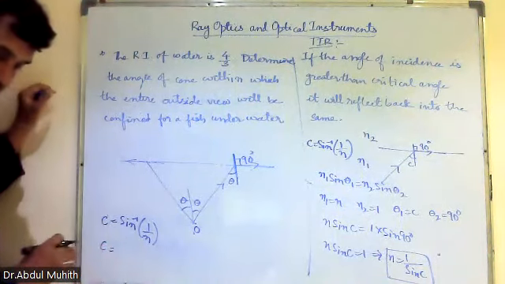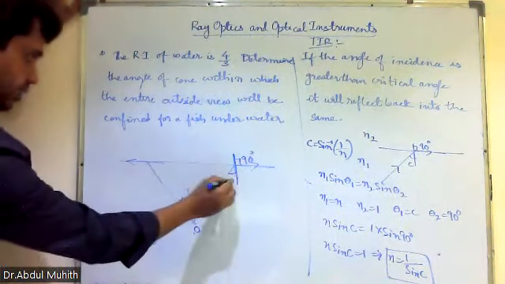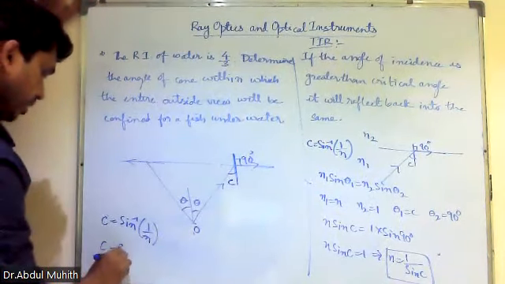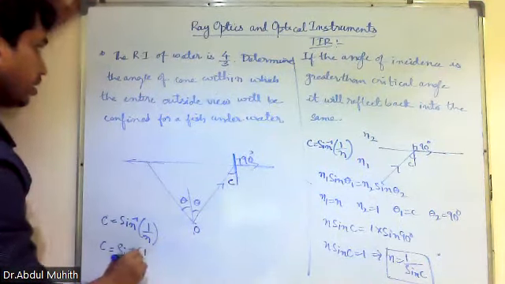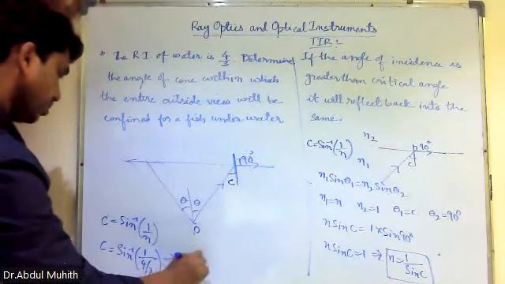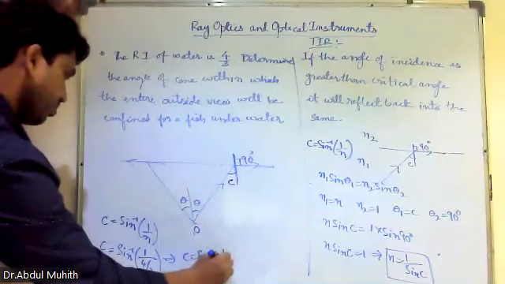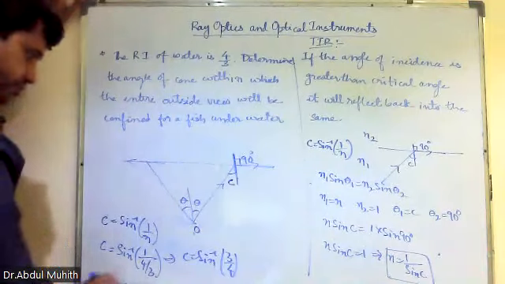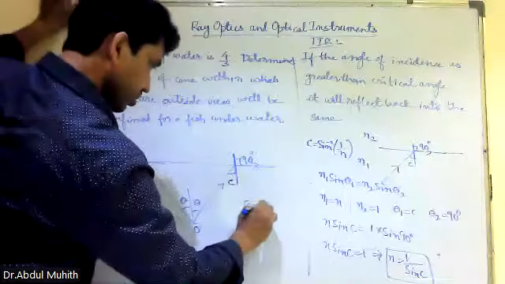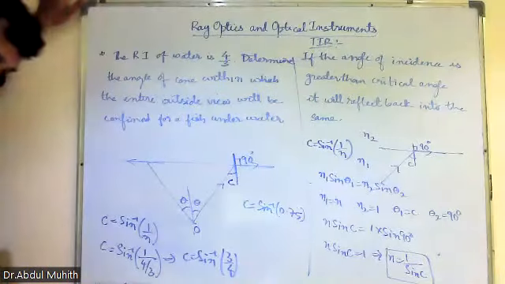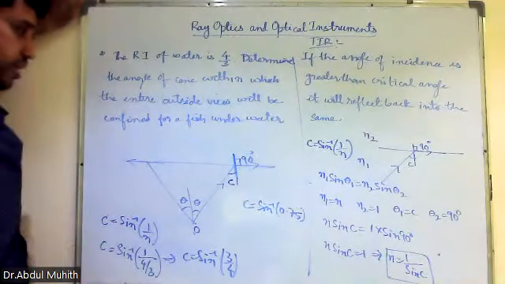C is equal to, this angle is C, which is theta. C is equal to sine inverse of 1 by 4 by 3, which implies C is equal to sine inverse of 3 by 4. So 3 by 4 is how much? 0.75. So C is equal to sine inverse of 0.75. So sine inverse of 0.75 is approximately, because it is